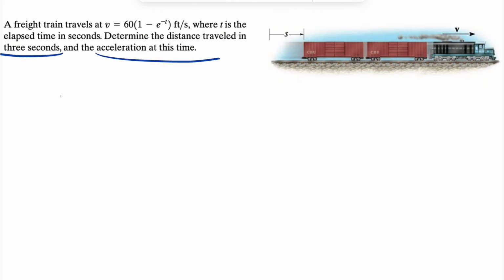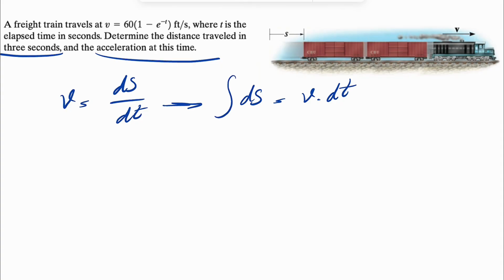We know that the velocity is the derivative of the distance with respect to time. So if we cross multiply, we have ds equal to v dt. If we integrate each side, we have the distance from 0 to s, and the time from 0 to 3, because the question is asking for 3 seconds. On the left side we get s equal to the integral from 0 to 3 of v,